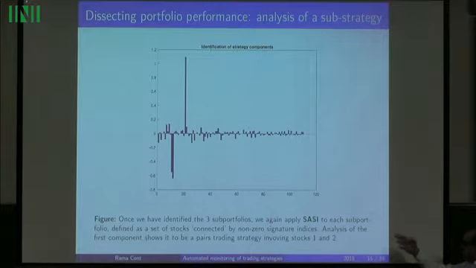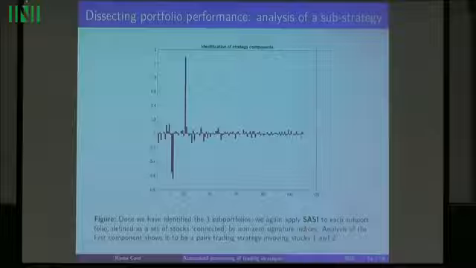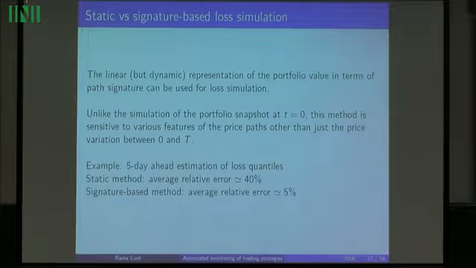So here you see that it is exactly a pair trading strategy involving stocks 1 and 2, for example. I identified this just by looking at the total per portfolio, the gain and loss, without knowing what the strategy is doing. Okay. Now, one application of this, once you see this, is that now you have a linear way of